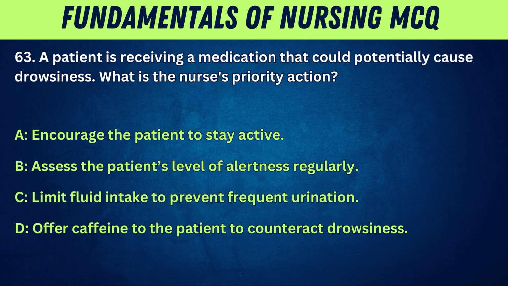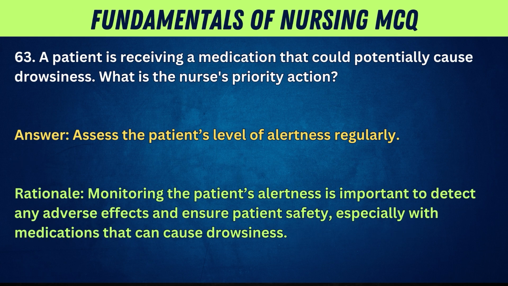complications. 63. A patient is receiving a medication that could potentially cause drowsiness. What is the nurse's priority action? A. Encourage the patient to stay active. B. Assess the patient's level of alertness regularly. C. Limit fluid intake to prevent frequent urination. D. Offer caffeine to the patient to counteract drowsiness. Answer. Assess the patient's level of alertness regularly. Rationale. Monitoring the patient's alertness is important to detect any adverse effects and ensure patient safety, especially with medications that